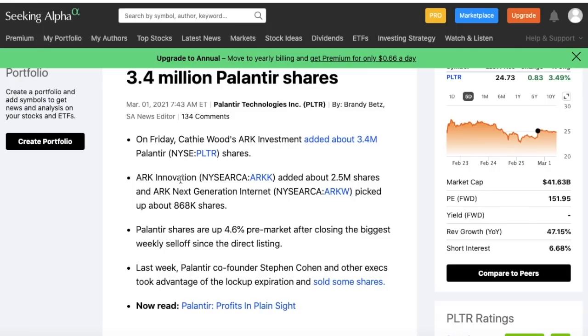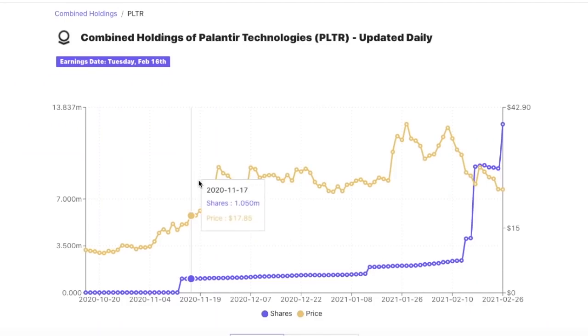If we want to take a wider view of ARK's buying behavior of Palantir over the last couple of weeks, we can come over to this website, which gives us a nice overview. We can see that over the last week and a half, ARK Invest has absolutely massively ramped up their position in Palantir. They went from about 2.4 million shares all the way up to the current position that they have now of about